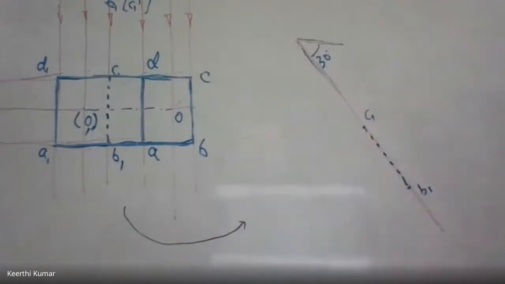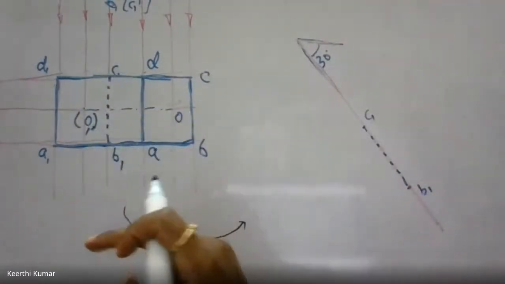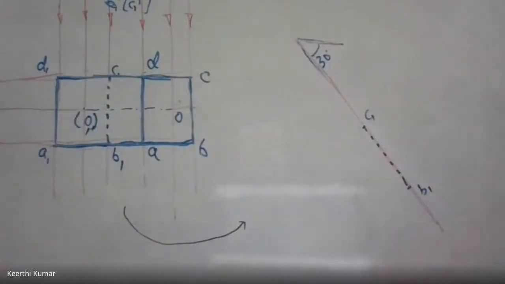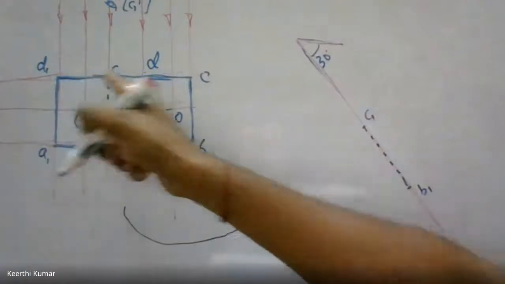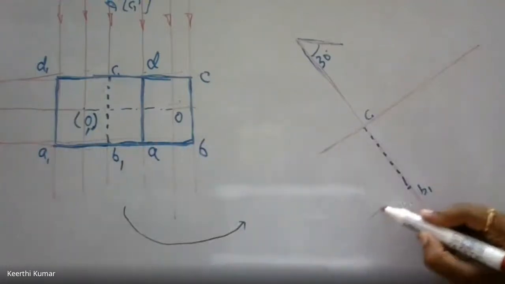The same figure I'll reproduce here at an angle of 30 degrees. But on that 30 degrees, what has to come? The base edge on which it is resting. That has to come. So now I completed CB. How to get the remaining points? Can you tell? With the basic knowledge, what did we do? First, from this point C, we have taken the perpendicular line. And from point B, draw a perpendicular line.